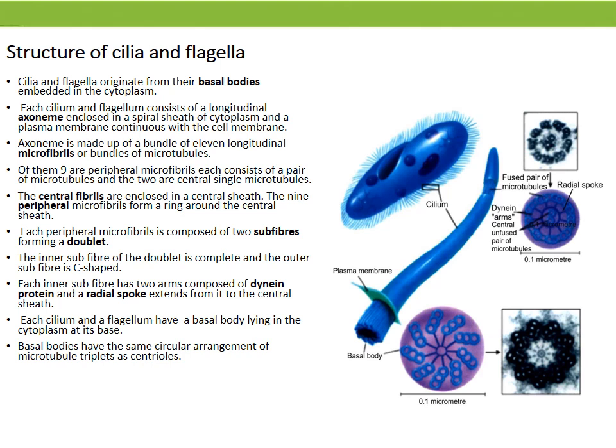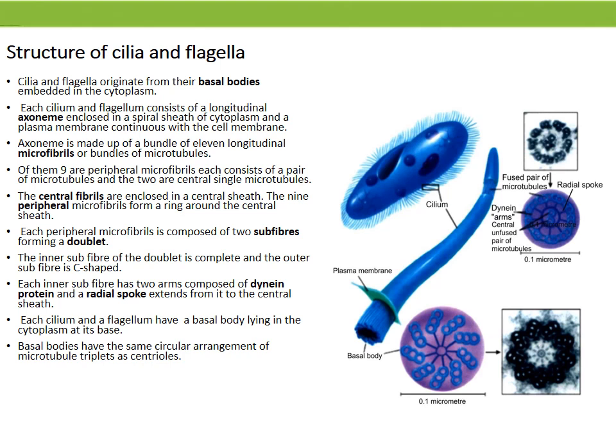The axoneme is connected with the basal body, which is an intracellular granule present in the cell cortex and which originates from the centrioles. Each axoneme is filled with ciliary matrix in which are embedded two central singlet microtubules, each with 13 protofilaments, and 9 outer pairs of microtubules called doublets. This pattern is known as the 9 plus 2 array.